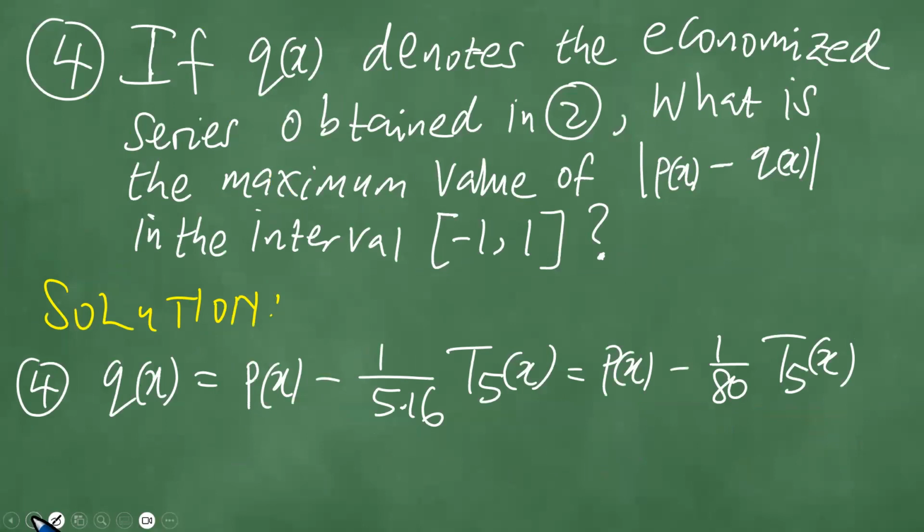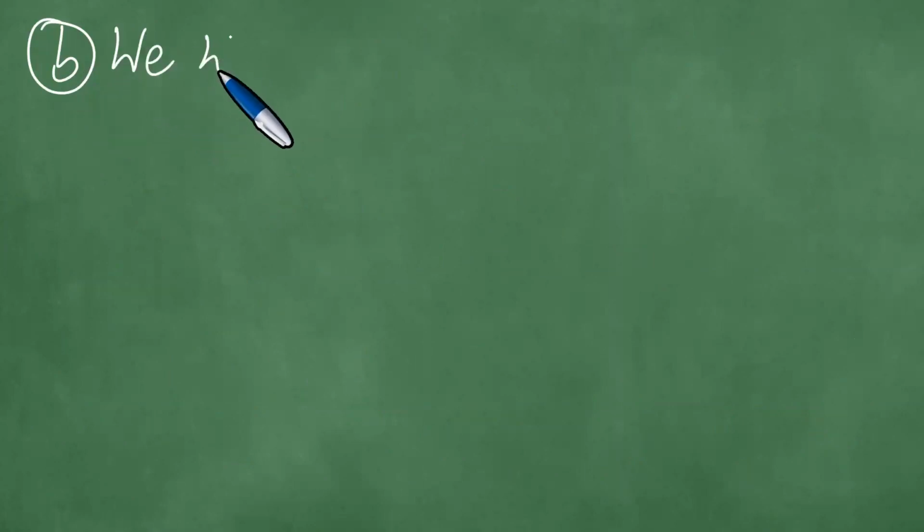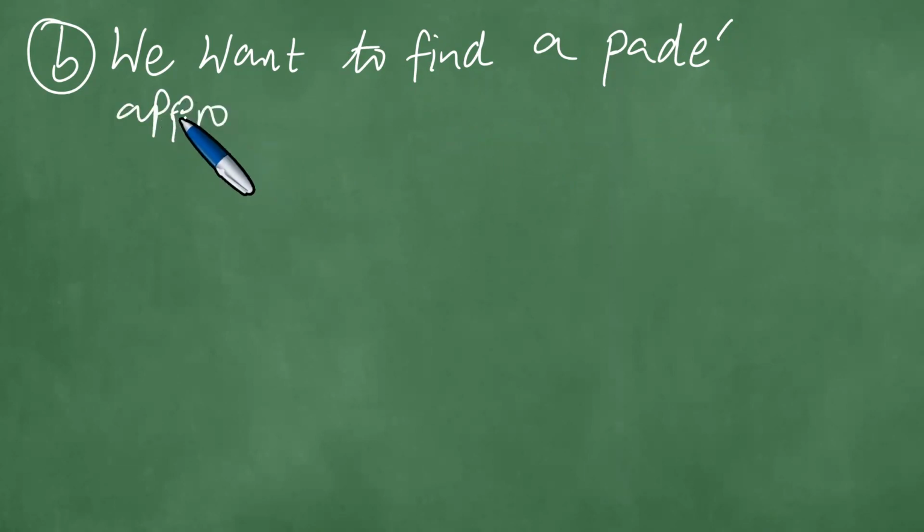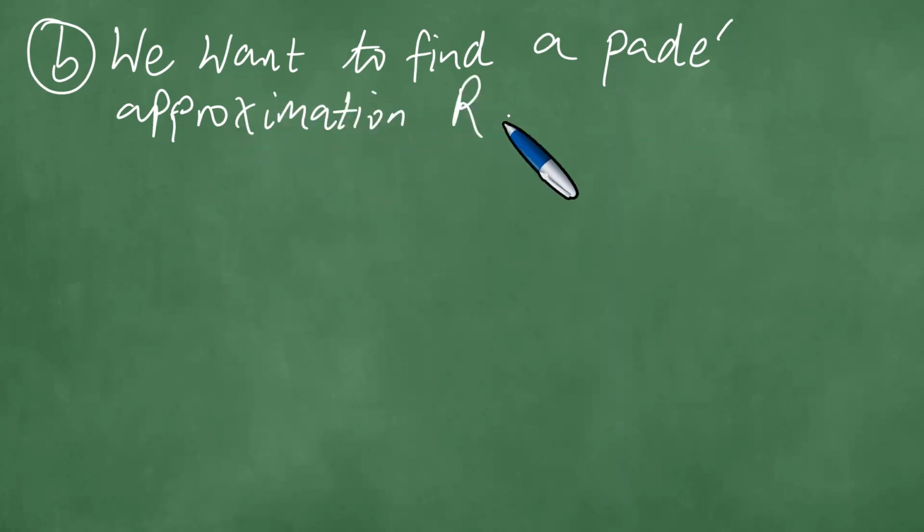Now we look at part B of the question. In part B of the question, what do we want to do? We want to find a Padé approximation R6 of x